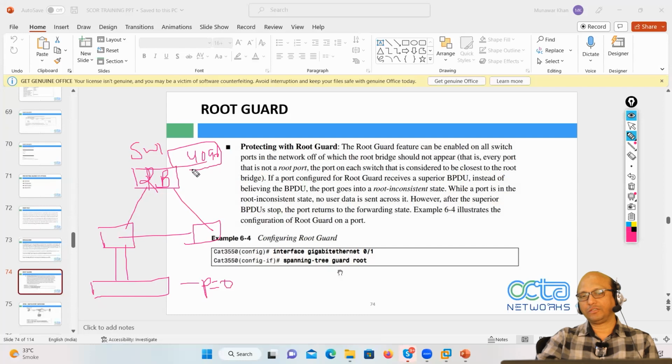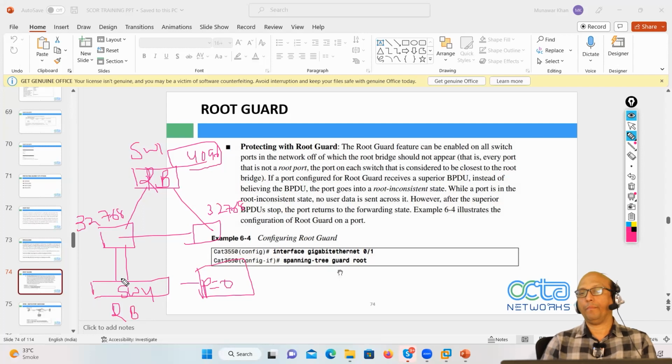Earlier my switch was 4096 because of the priority, because these guys carry 32,768, this guy also carries 32,768, and for some reason there is a switch that joins with a priority of 0. What will happen? Immediately he will be considered as the root bridge, and the whole setup might go in a loop, because see, I told you,